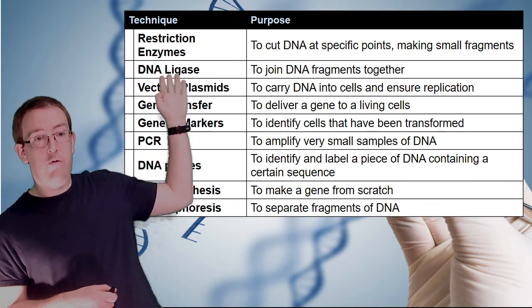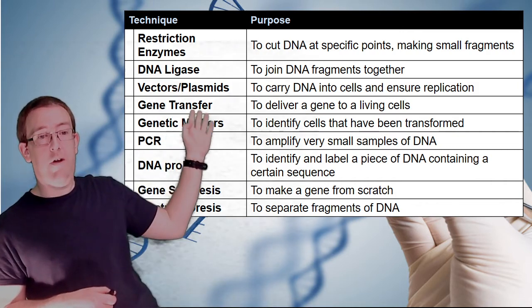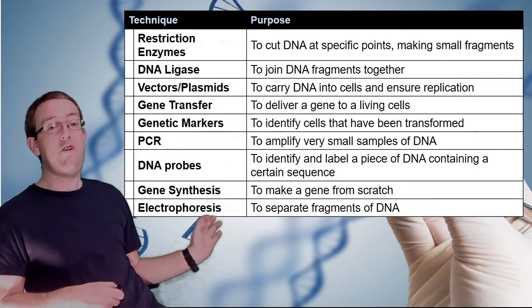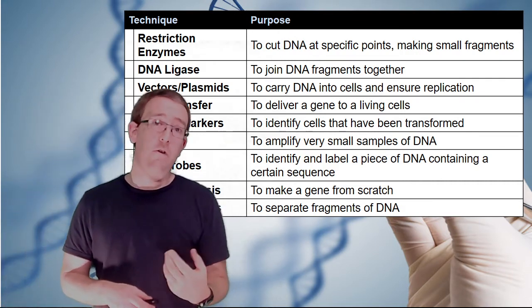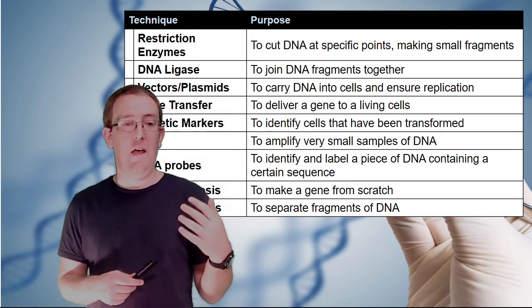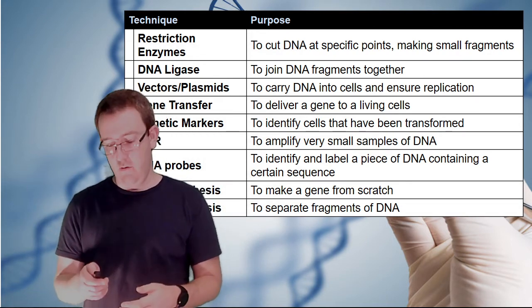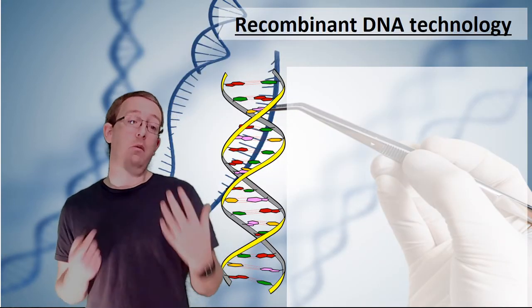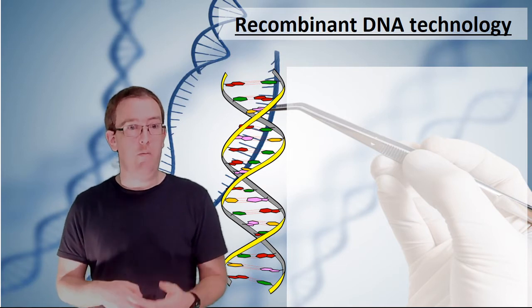So we've got our restriction enzymes, our DNA ligase, our vectors and plasmids, our gene transfer, our genetic markers, our polymerase chain reaction, our DNA probes, our gene synthesis, and our electrophoresis. And we're really going to focus on restriction enzymes, ligase, and gene synthesis in this video. So moving straight on. What are the stages that you need to undergo in broad terms to do recombinant DNA